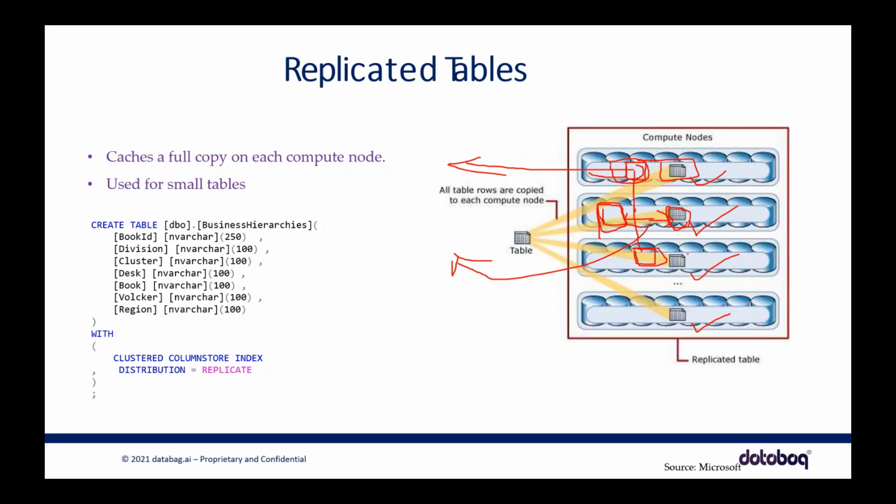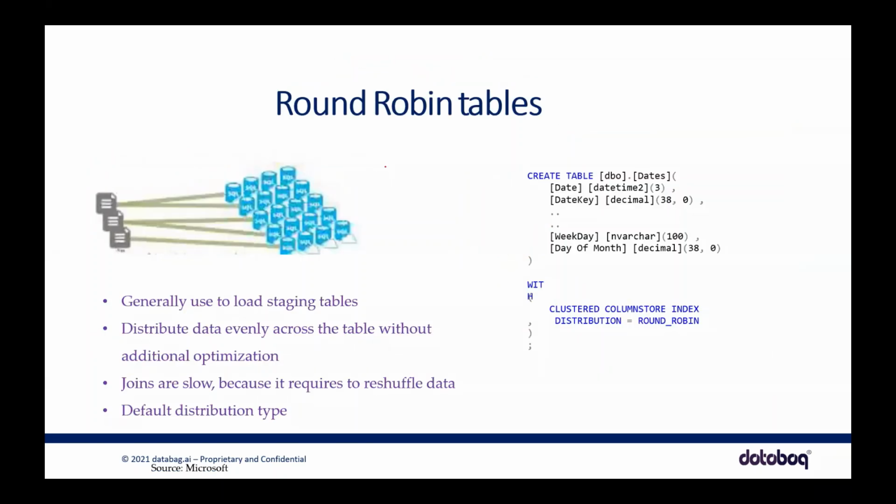It won't get executed. Moving forward, round robin tables, round robin technique. Again, here, once creating the table, under the distribution type, you need to mention round robin. Round robin is nothing but, I think this part was already explained at a very high level by Vishwamitra when he was explaining about Data Factory. I'll try to put it again in simple terms here. So round robin is actually an algorithm.